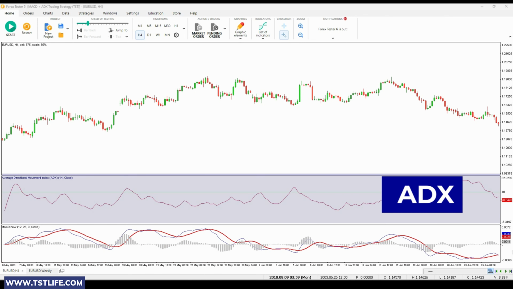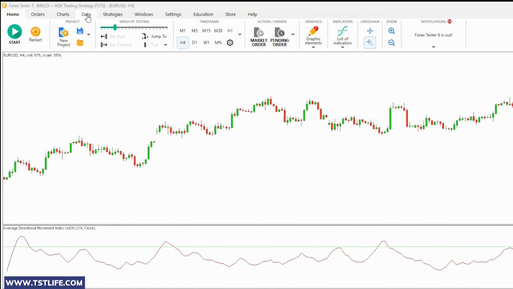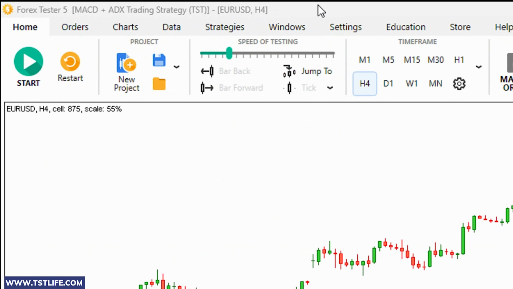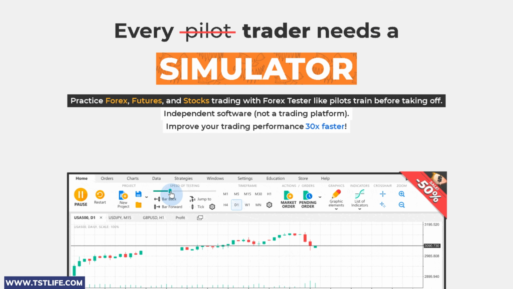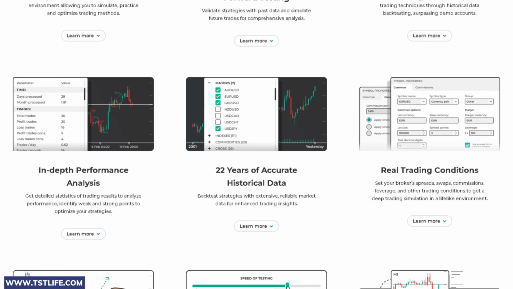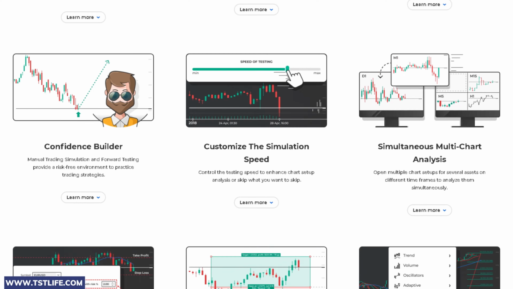Directional Movement Index, ADX. By the way, I'm using a software called Forex Tester, which enables us to assess trading strategies in real market conditions, test and optimize them. It's designed to help you uncover strategies, pinpoint opportunities, and analyze assets with multiple features to elevate your trading journey